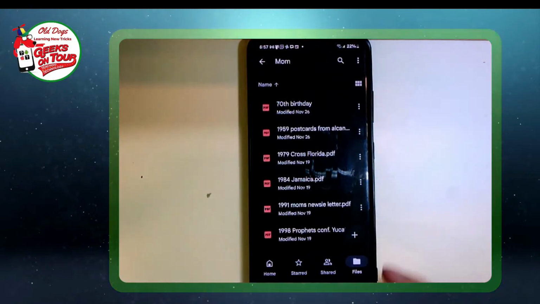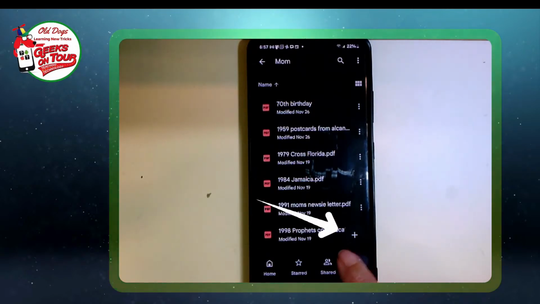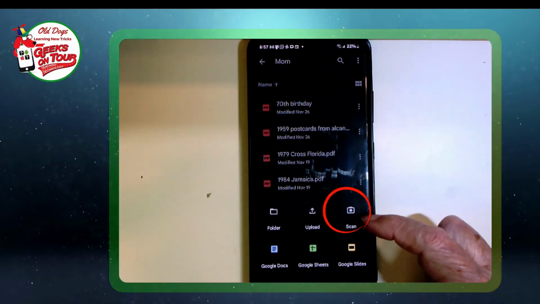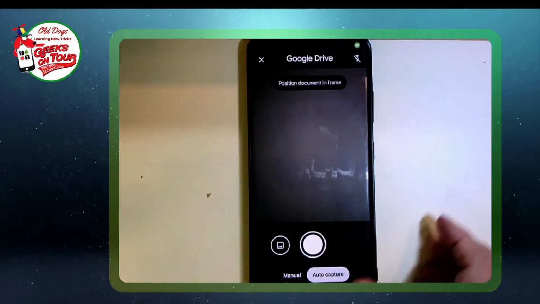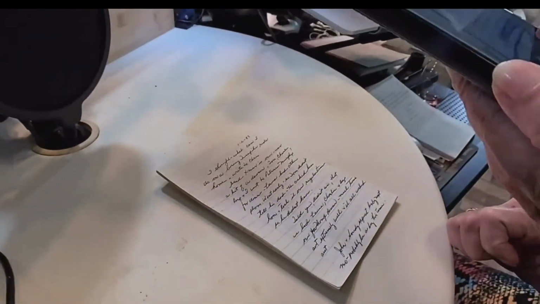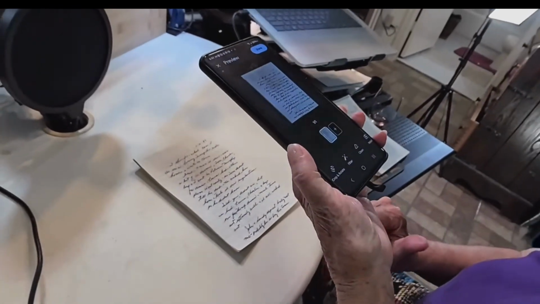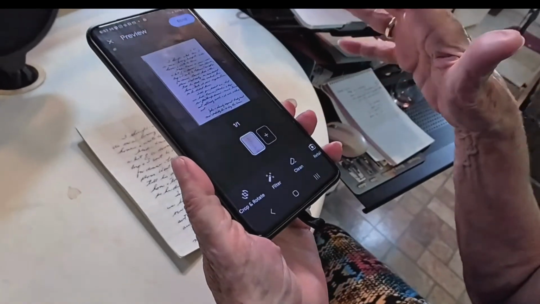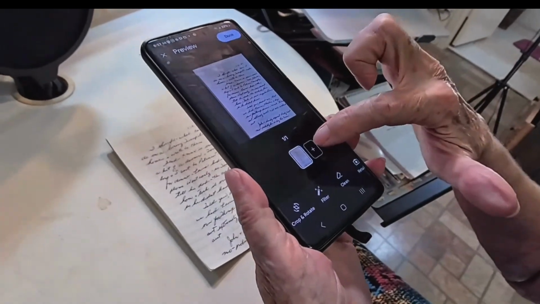And then you tap the plus. When I tap the plus to scan a new file, it's going to go into the Mom folder. So I tap plus and then scan. Now I come over to the letter and just get the whole letter on the screen, and notice it already captured the first page. Then I just tap the plus,